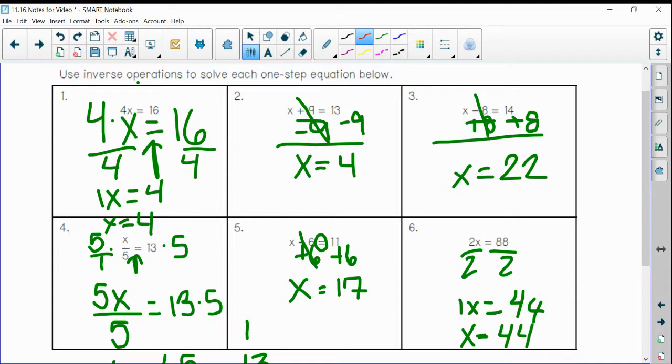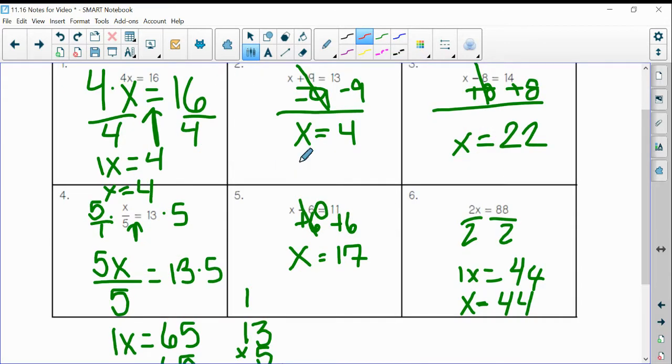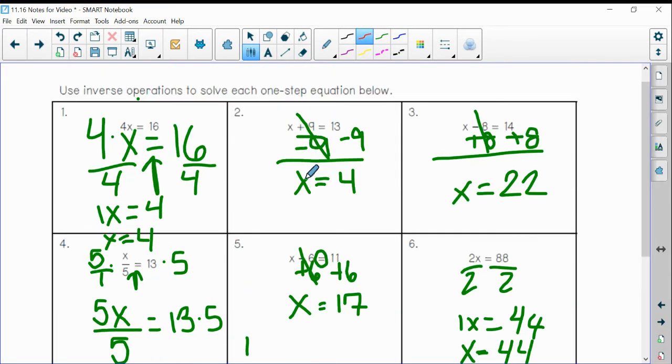Awesome. So I want to make sure that we remember how to do this. When you are doing the guided notes, yes, I want you to have examples of how to do it. But when we are doing the homework, the classwork, I want you to show your work. You might be able to tell me 65 divided by 5 is 13, or 4 plus 9 is 13 off of your head,